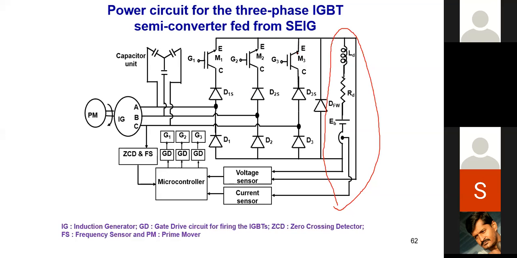We tested with many circuits. This is one of the controllers, which is called the three-phase semi-converter circuit. The semi-converter always operates in one quadrant, which means power is pumped to the battery. For the battery, normally we can have constant current charging or constant voltage charging. In this regard, this is the controller, and basically this is how it operates.